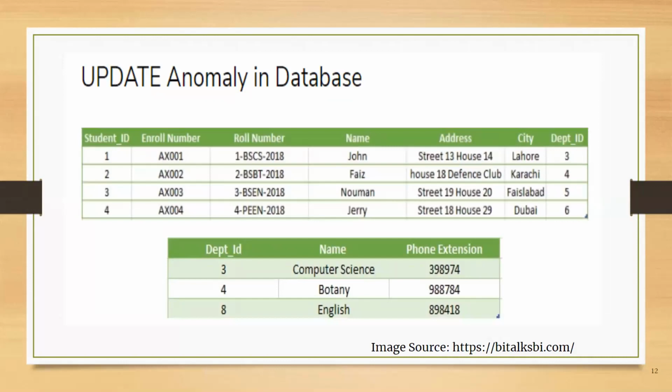Second, we have update anomaly. When I talk about update anomaly, it refers to when duplicate data is updated at one instance but not across all the instances where it was duplicated. So in simple words, we can say that changing existing information incorrectly is an update anomaly. As per the example, you can see that we have English department which has department ID 8, but unfortunately the same was not reflected in your student table. The student table has department ID till 6 only, but in your department table you have department ID 8 as well. So this is your update anomaly.